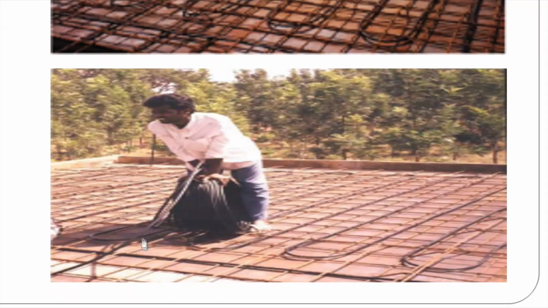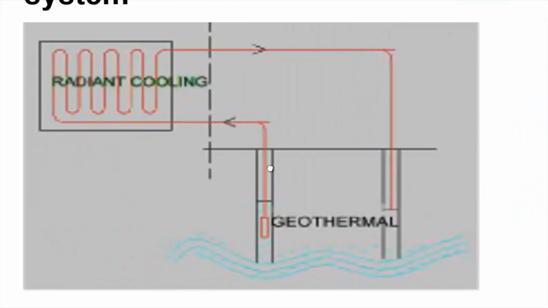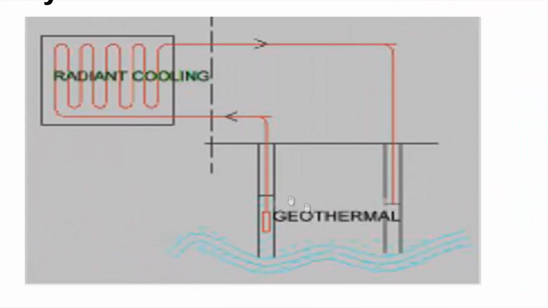You can see this person is laying the tubes at the particular distance and dimension. So, it can also be used as a way of geothermal energy, where cool air below the surface of the earth is taken and pumped in. The cool air goes inside the tubes and moves through a series inside the tubes. As cool air moves, the concrete around absorbs the chillness. The air that comes out is warm.